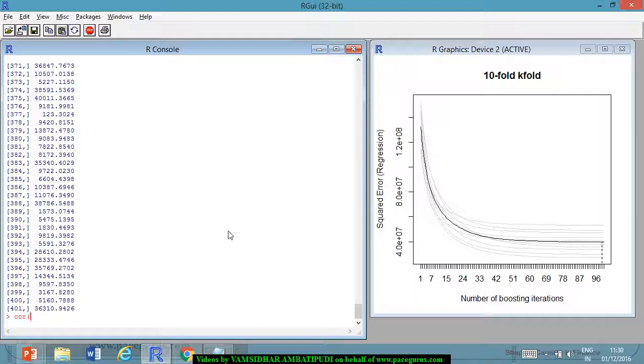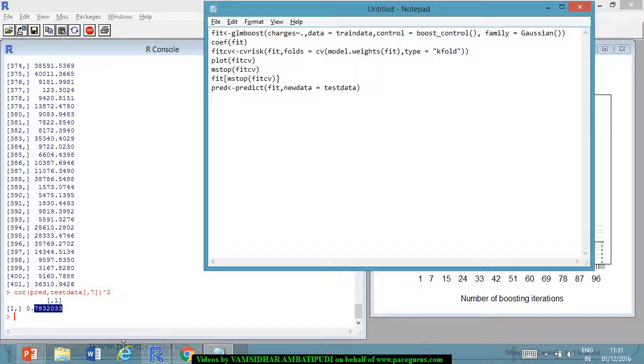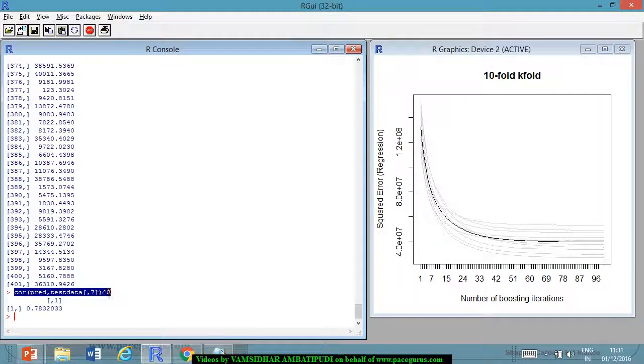So correlation with respect to the predicted value, let me just check what comes out. I want to look at the correlation between the predicted and the actual, which is coming out from test data and the seventh column of the test data. I'm taking the square of this correlation, which is giving me only 78.32%. If I'm using this model, the accuracy is coming out only to the extent of